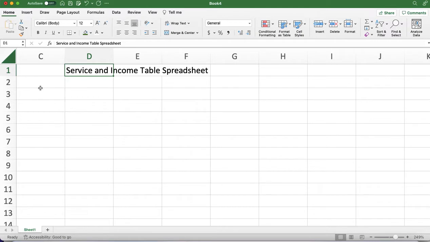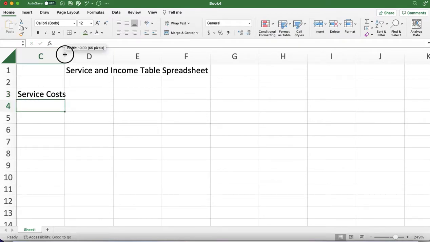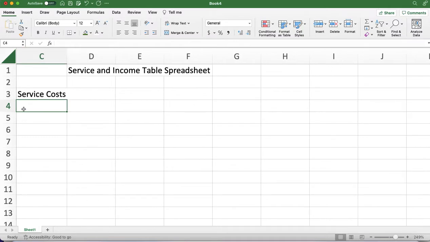So I'm going to put here service costs. Okay, I can expand these to accommodate that. So the first one they say is domain name registration. And that domain name registration, from what they say, is a flat rate. If you look at it, it says flat rate of $19 per annum. So I'll call it domain name